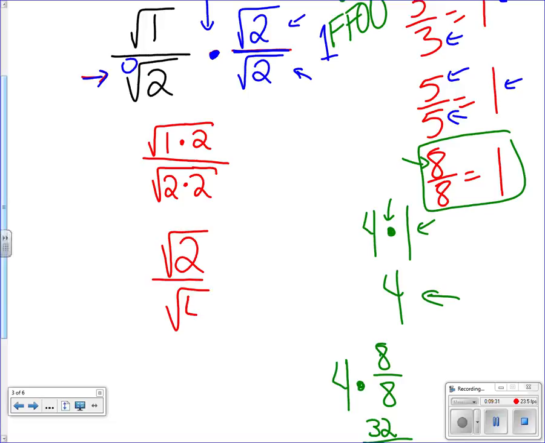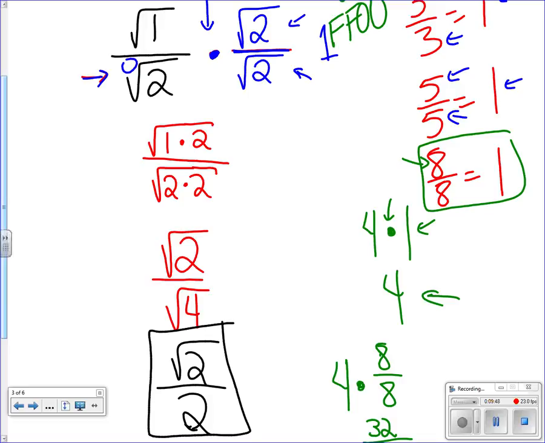So on top, we still end up with the square root of 2. But on the bottom, we have the square root of 4. Well, the square root of 4 is just 2. I know I keep going back and forth with 2's and 4's, but I'm sorry, that's the way the problem was structured. And then as a result, look, no longer do we have that square root on the bottom. It's just a regular number, in this case 2. So that would be our solution then for